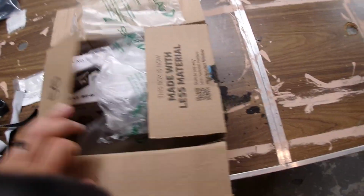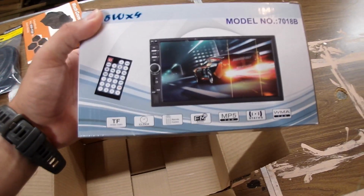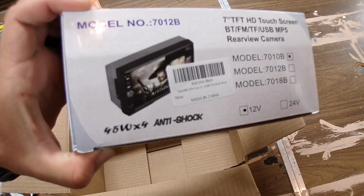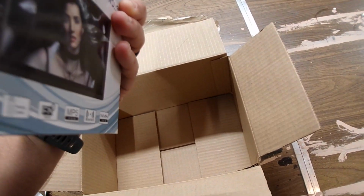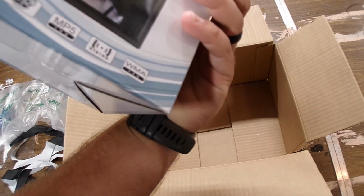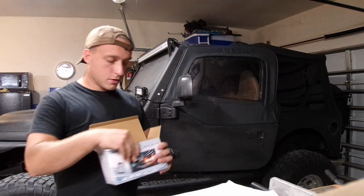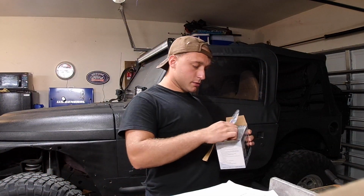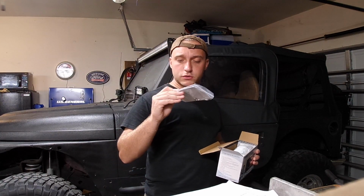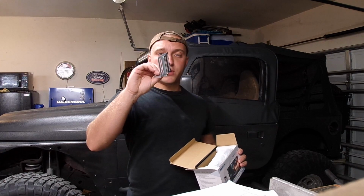Go ahead and open the box up. This is the radio. So supposedly you can have a bunch of apps and stuff, but we'll find out once we get it plugged up. So let's go ahead and see what comes in the box. We got the manual and the wiring kit, some screws, and a little tool to get your dash plastic off, some brackets,